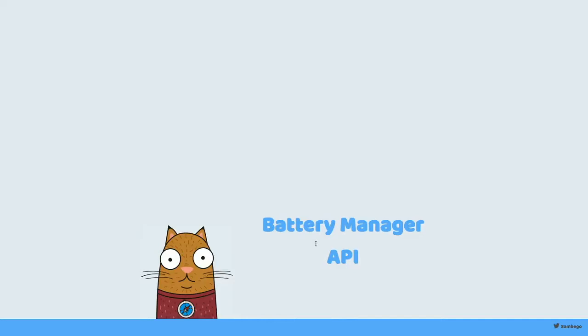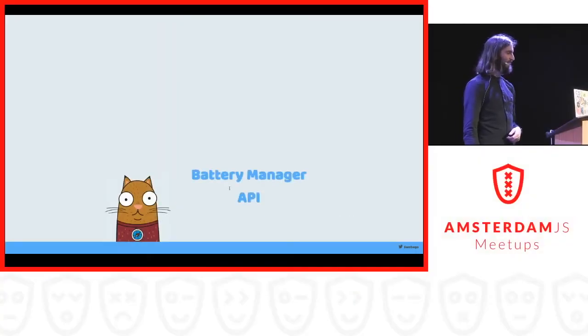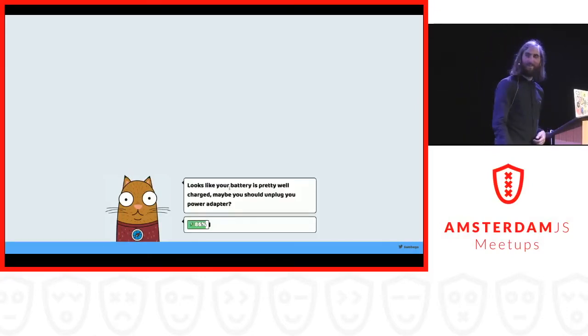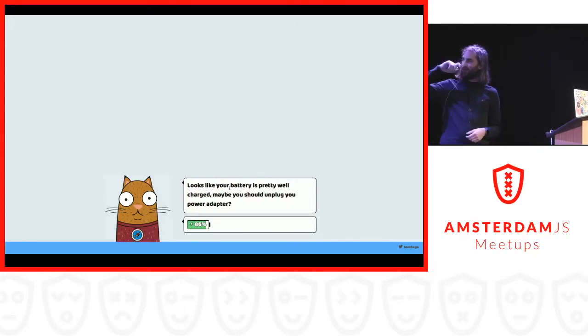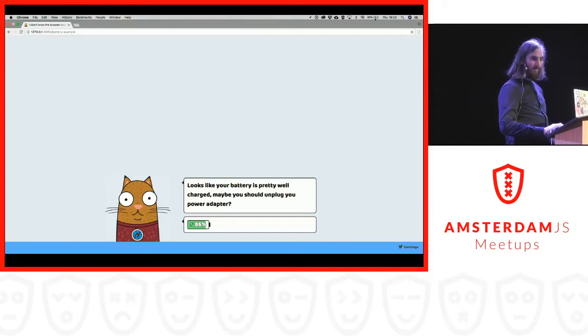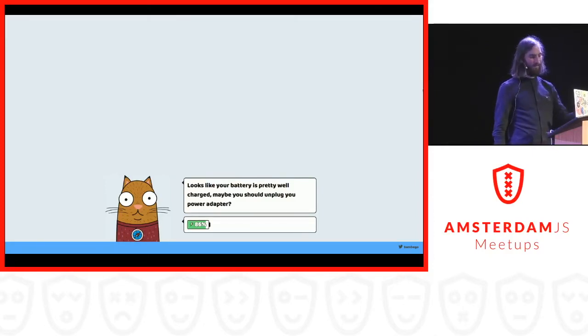The next one is the Battery Manager API, which is a bit creepy because why would a browser need access to the data of your battery? It's a funny story, but as you can see, my battery is charging and I have 86% of battery, which is correct. Now, if I would unplug my power cord,